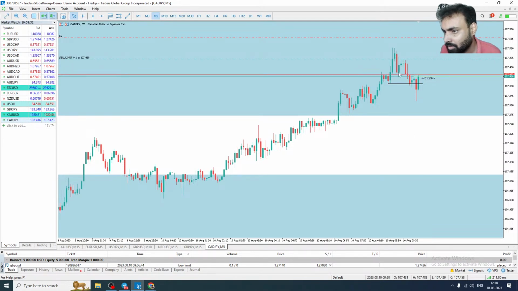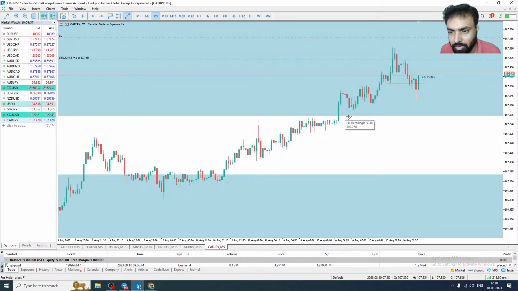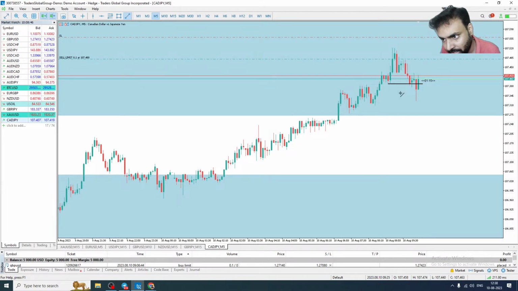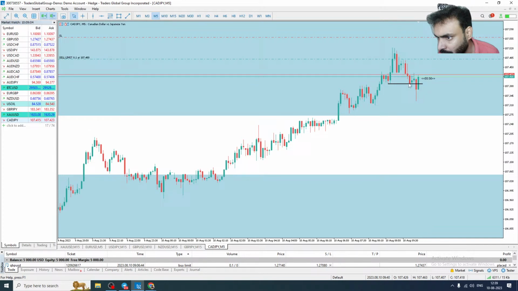Okay, let's see here. Now you can see here, you have a breakout structure here also. There is a break here, there is a break here. Why do we consider this? Because this is the previous swing low. This is a newly created swing low. So this low, you can see this low, this is a newly created low. This is also a newly created low. So you can still consider this low break as a breakout structure, but I consider the previous low to be broken.